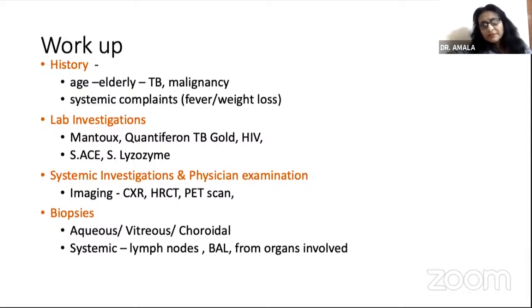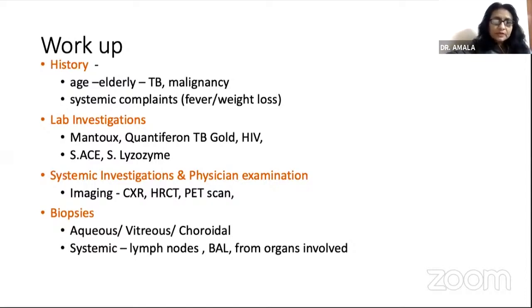Then lab investigations, like we did both for tuberculosis and for non-infectious conditions like sarcoidosis, can help narrow down the diagnosis. Evaluation by the physicians and systemic investigations will provide sites for biopsies and a more definitive